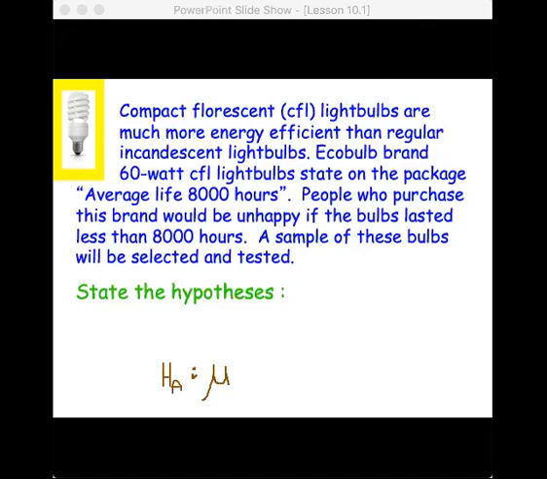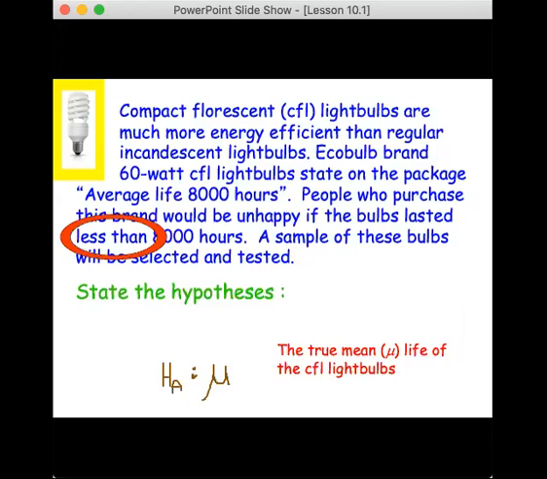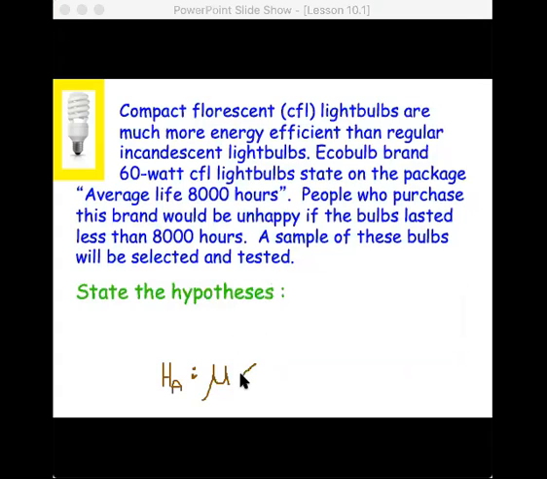Okay, so now I'm looking for what am I trying to show? And if I'm reading this, I see I want to show if the bulbs last less than 8,000 hours. All right, so then I'm going to go ahead and say this alternative is mu is less than 8,000,